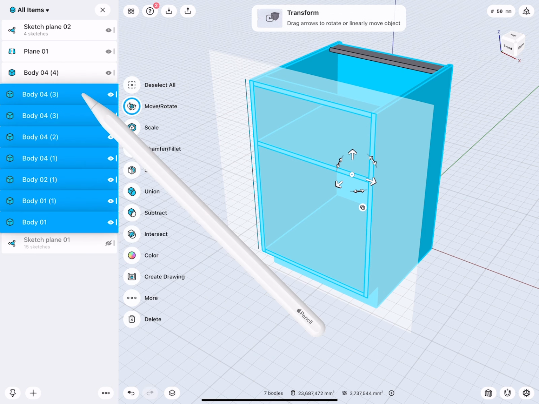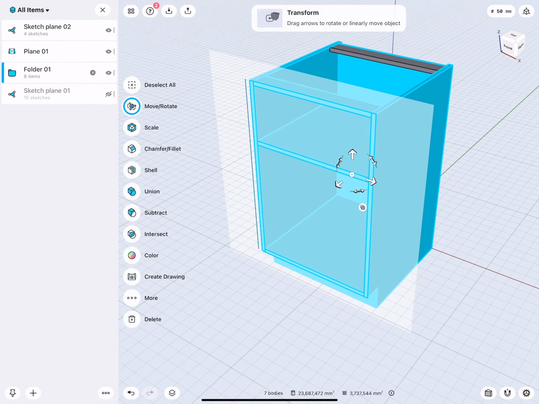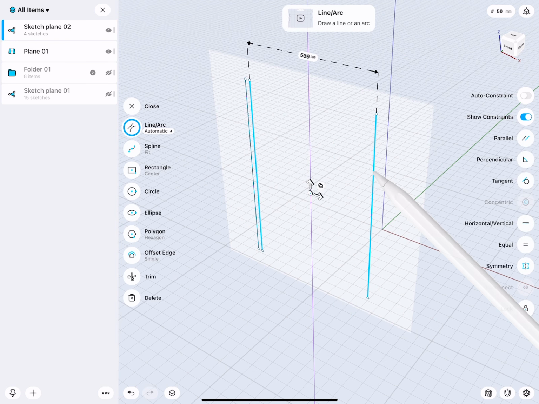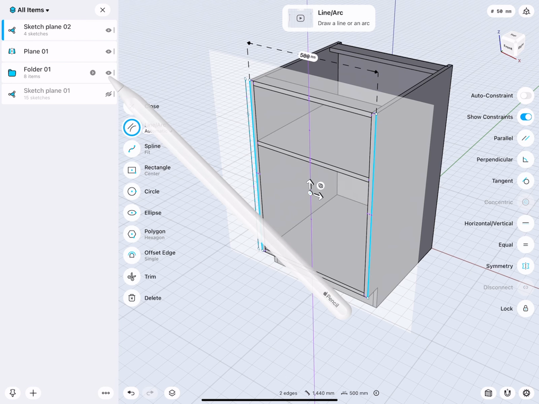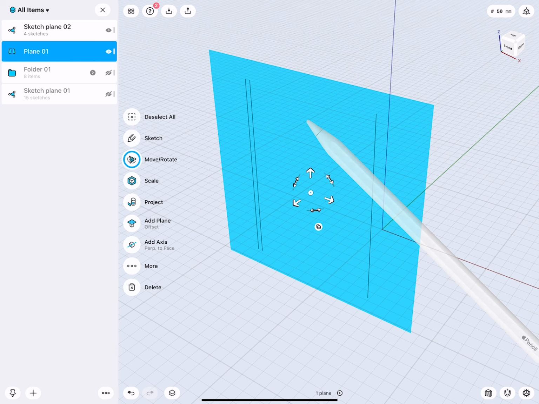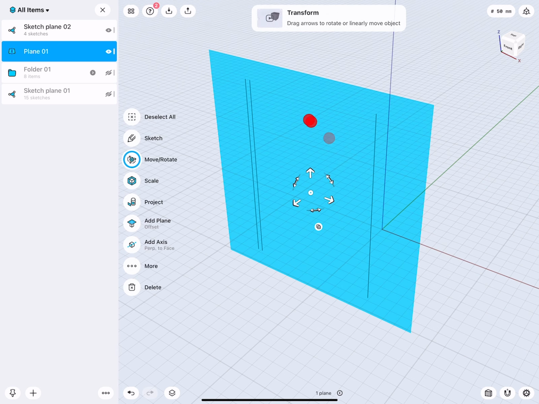I will select all my bodies here, Alt and drag, put them together, hide them. Look, you see, we projected actually the edges of the geometry onto the sketch that is lined up with this plane. Very nice. So the reason why I did this was, again, you see here is the advantage of the plane. I can select the plane, double tap.